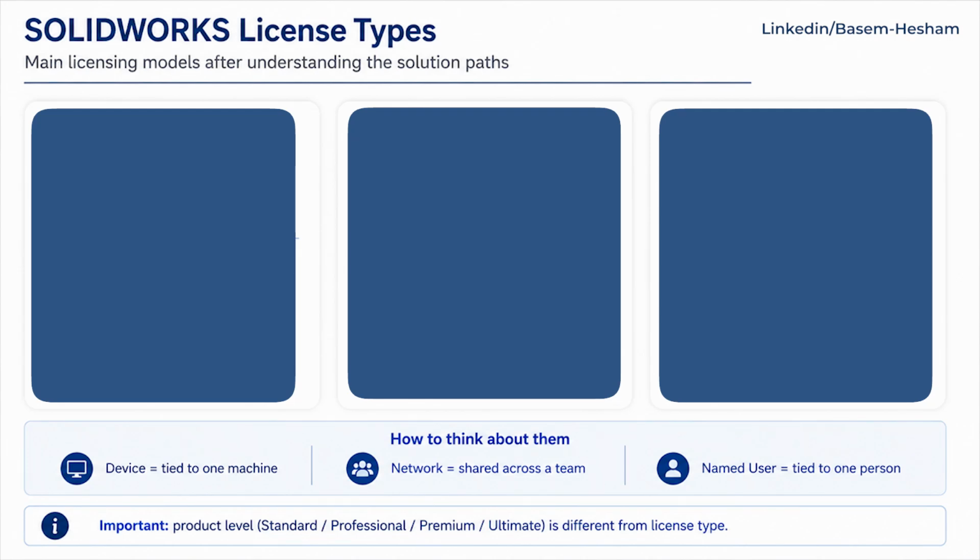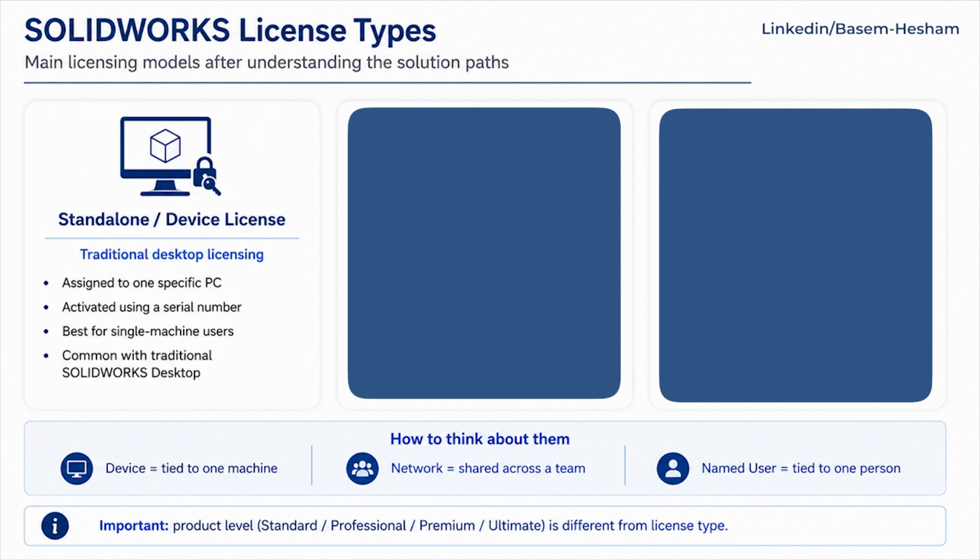And because we now have different bosses, it also makes sense that we have different license types. The first license type is the standalone license, or sometimes we call it a device license. This is the traditional way many SOLIDWORKS users are familiar with. It means you have one serial number assigned to one specific computer. So the license is basically tied to only one machine. If you want to use SOLIDWORKS on that PC, you activate it there, and that machine becomes the main device